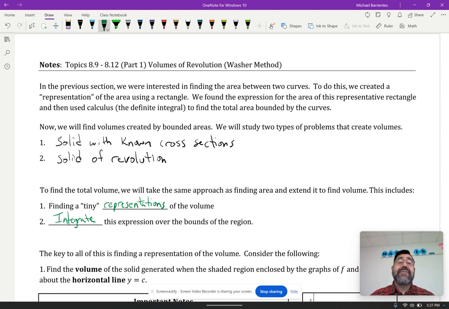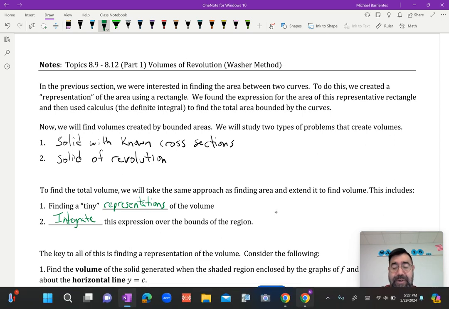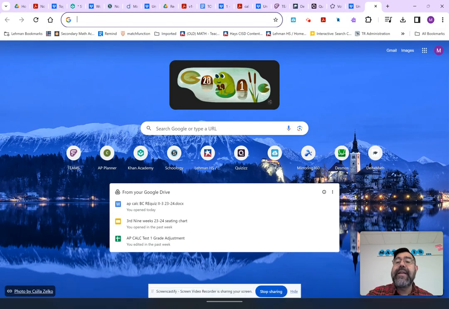All we need to do is be aware, be careful, and watch out for what the cross section is that we're going to use. However, because we're doing solids of revolution, nice things are going to happen. So I wanted to show you in this first video, before we get into the details of solving a setup, the image of what we're doing. If I come over here,